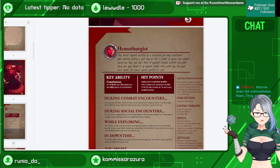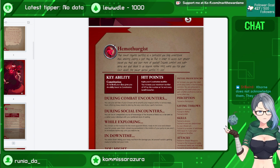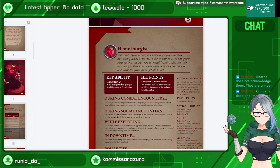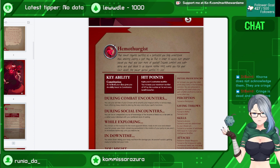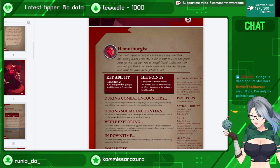True power requires sacrifice. As a spellcaster, you fully understand how draining casting a spell may be. But in order to access even greater power, you must give even more of yourself. Discard comfort and well-being. Give your blood to go beyond normal limits. While you risk your own death, the power...